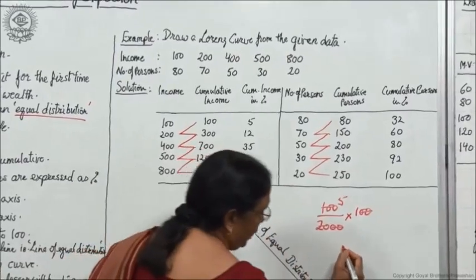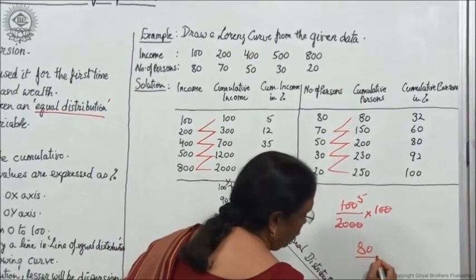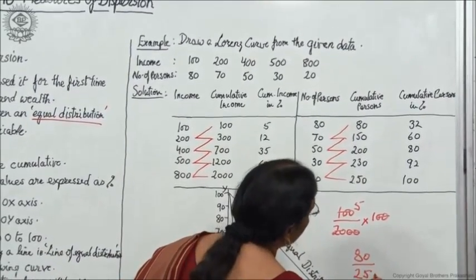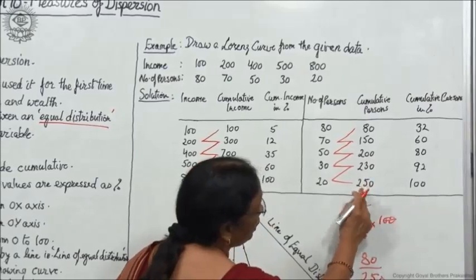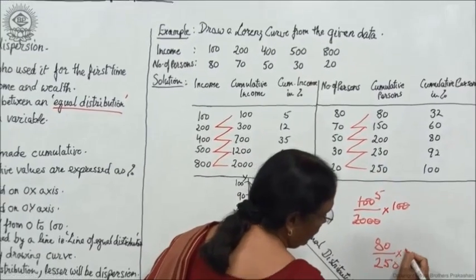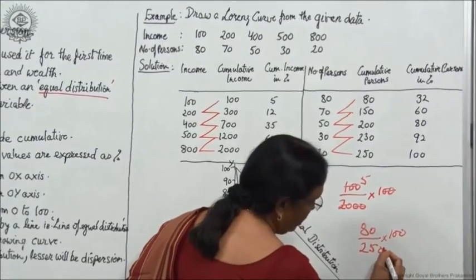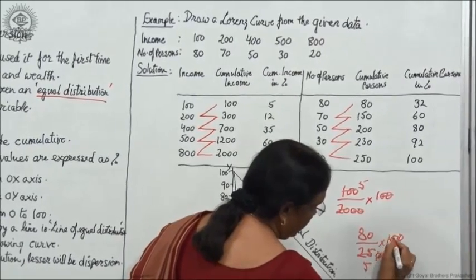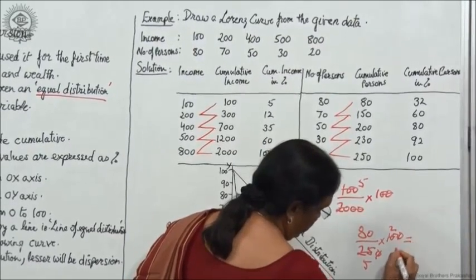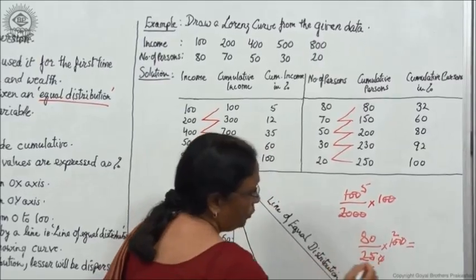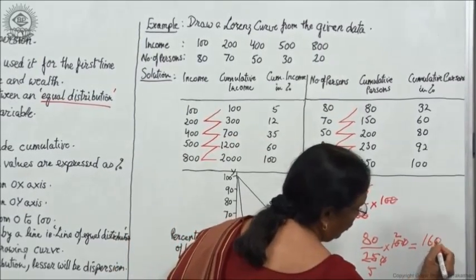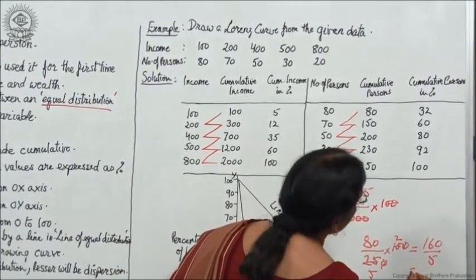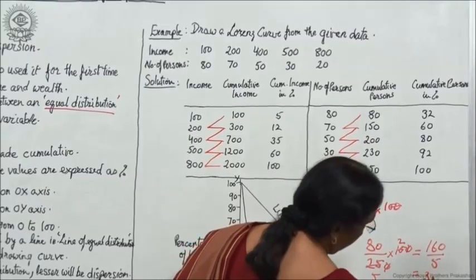This is 80 upon 250, 250 is the total, 80 upon 250 into 100, cancel this, then you get 5, this is 2, then this is equal to 160 upon 5, this is equal to 32,